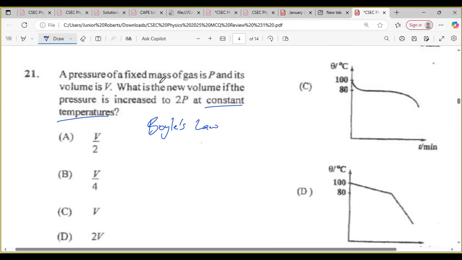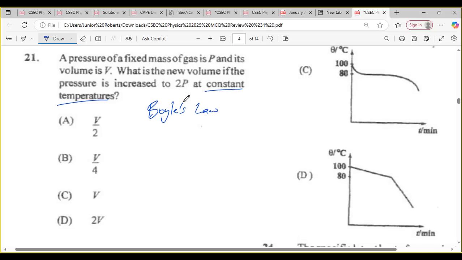Now, it says, what is the new volume if the pressure is increased to 2P? So we increase the pressure, right? And Boyle's law says that pressure and volume are inversely proportional. So if we increase the pressure by a factor of 2, then the volume must decrease by a factor of 2. So in this case the volume is going to decrease by a half, or V over 2. So 21 would be